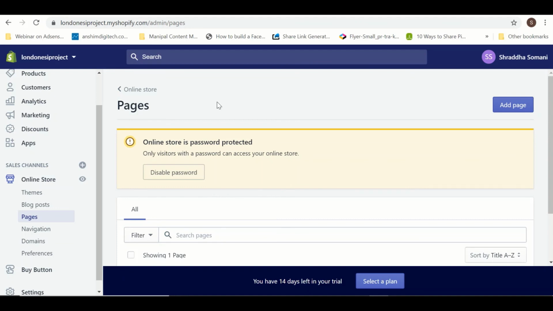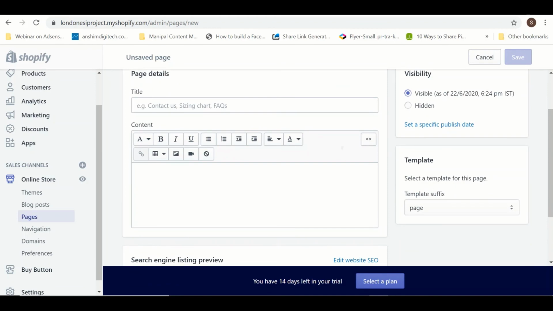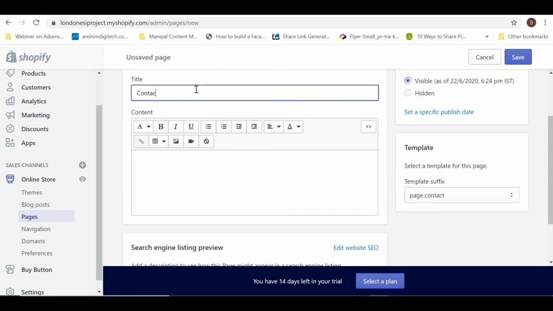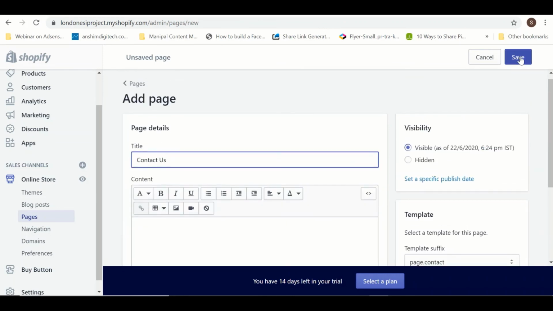So if I want to create a contact us page, I will say add a page, and then over here you can find the template. For a contact us page you already have a template, and you can name this page contact us, and your contact us page will be created, right?